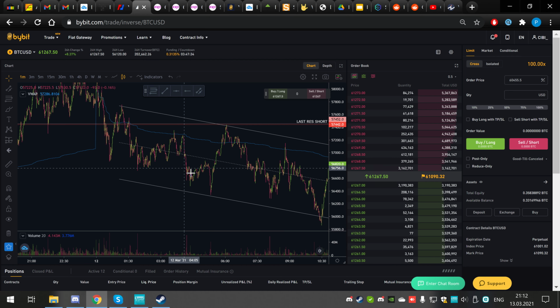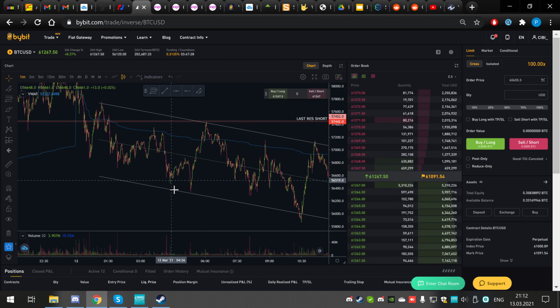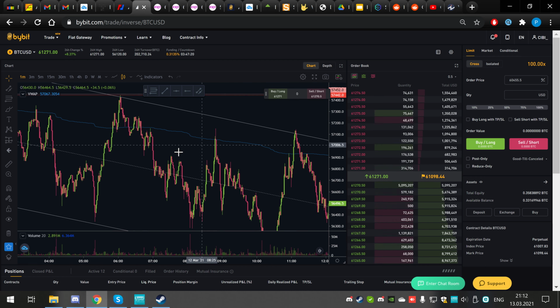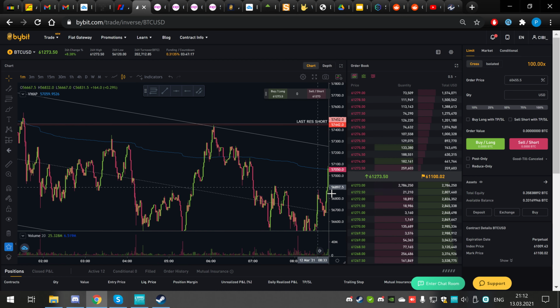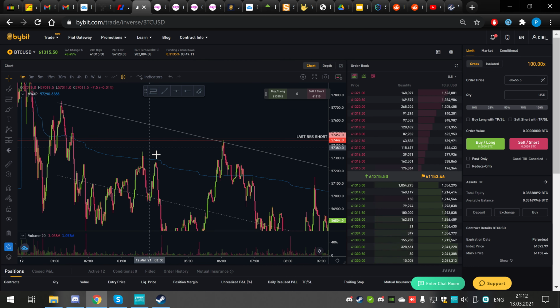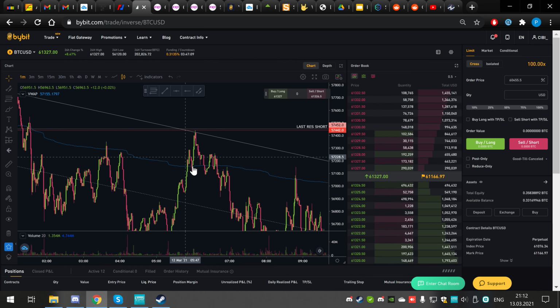1-to-1. So my take profit was here somewhere, and I was out of my trade. Okay, so I closed the position, and now we have another touch to VWAP. It's not reacting well, so I was just waiting and looking, and no trade for me. So there was no trade for me here. I was waiting,